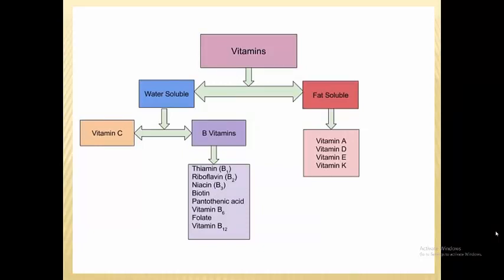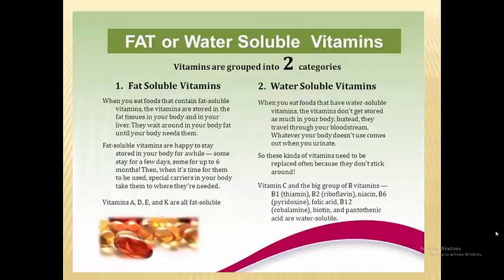So here's a visual to help you differentiate. If you look at the fat soluble and you look down, you'll notice the acronym, and when you have letters that kind of spell what sounds like a word, we call it an acronym, ADEK. Like you walk out on a deck and stand there, right? ADEK. If you can remember ADEK, you can remember ADEK are the fat-soluble vitamins. That means A, D, E, and K are fat-soluble, B and C are water-soluble. Easy way to do it. I don't expect you to know B1, B2, the names. There are only a few that we're going to focus on.